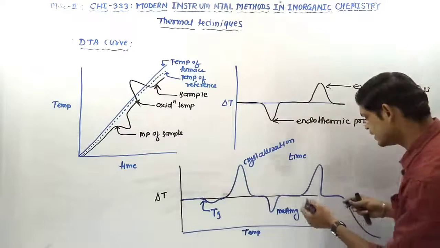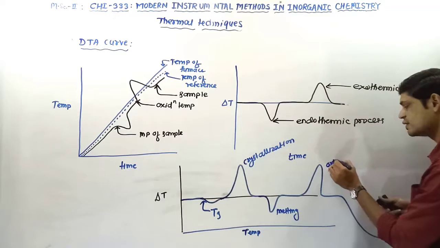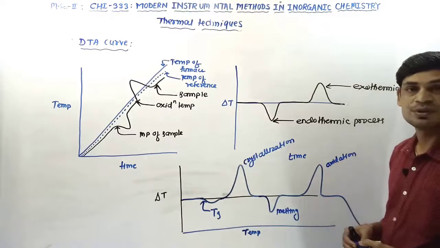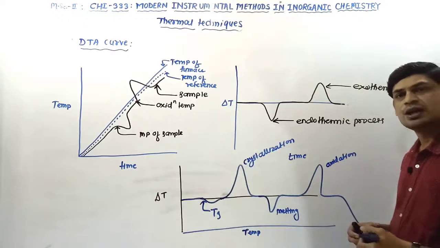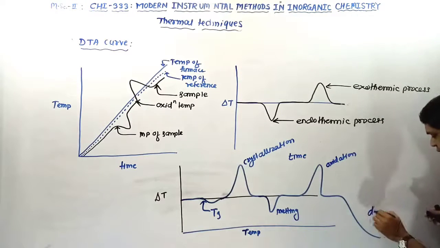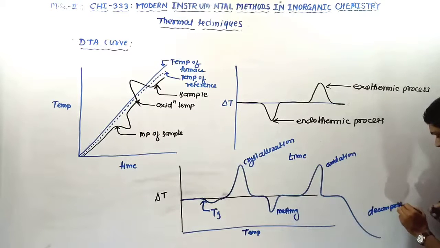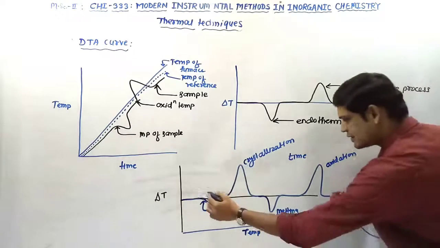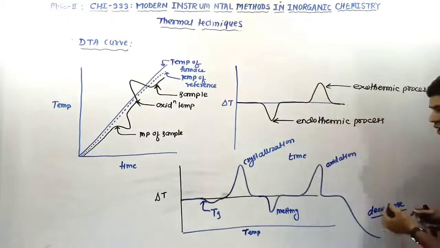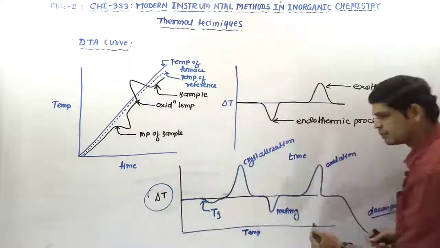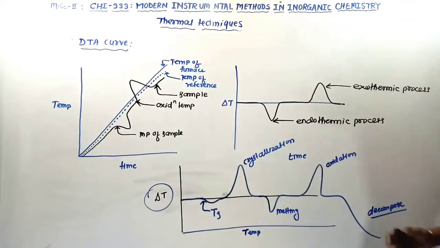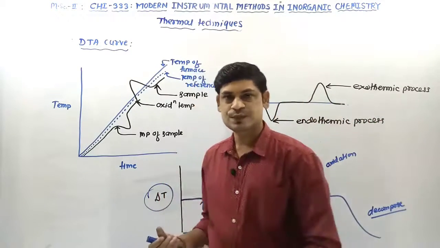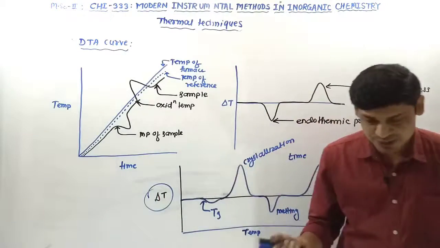If we again further heat it, upward curve, this is your oxidation. Exothermic process. And if we again further heat, it will start to decompose. This is the decomposition temperature. And this is the corresponding variation in delta T with respect to temperature. It was just an ideal case of a polymeric material. You just note this point by screenshot. We will proceed our discussion with an example.